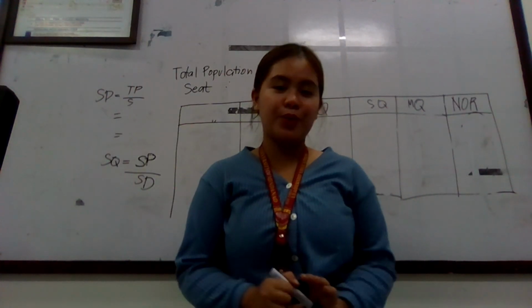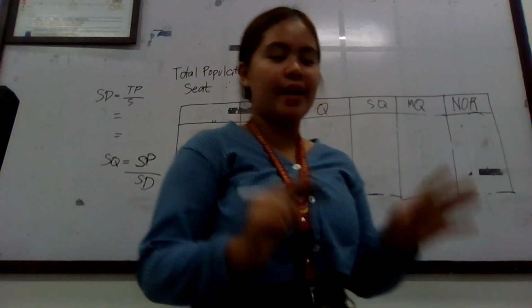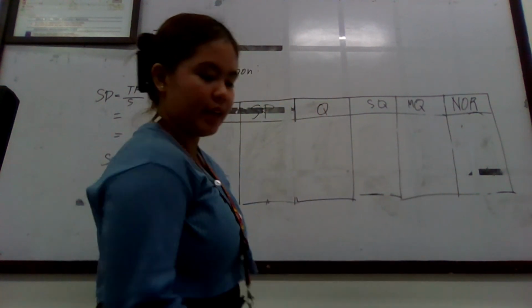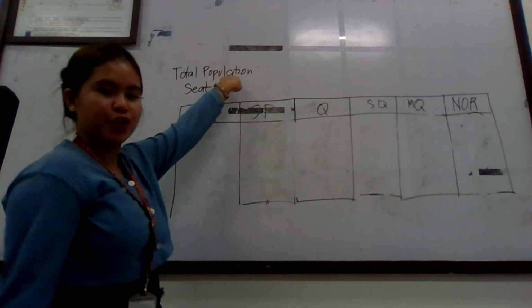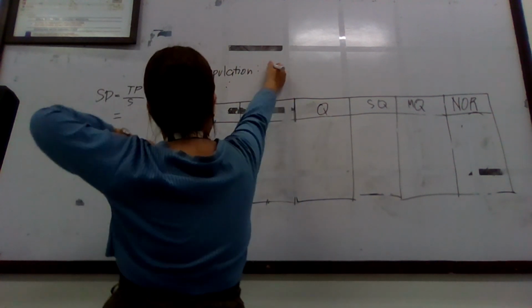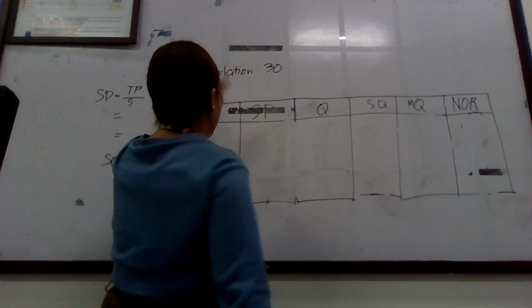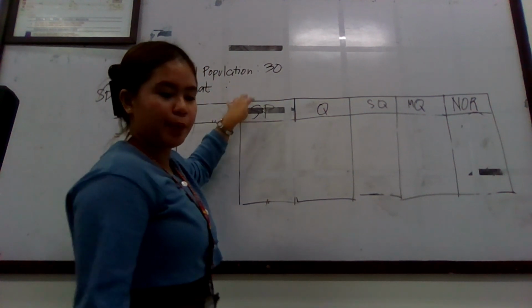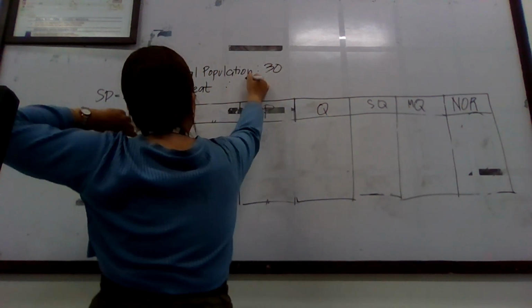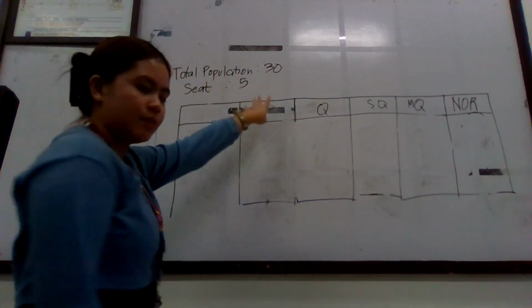Let us solve our problem number 3. So let us identify our given. For our total population, we have 30 students. And the seats that need to be apportioned will be 5. So after that,